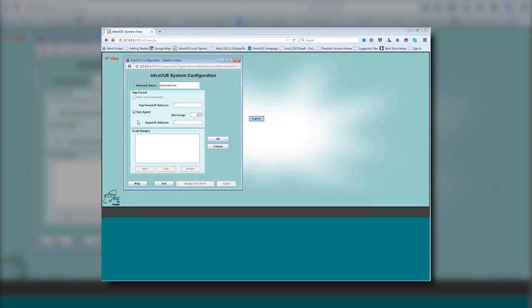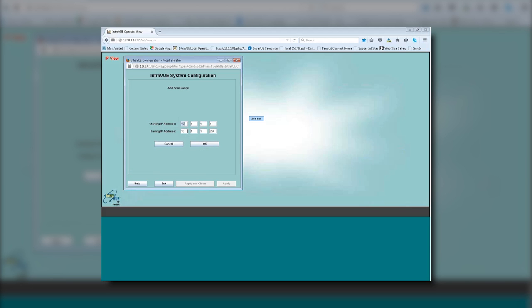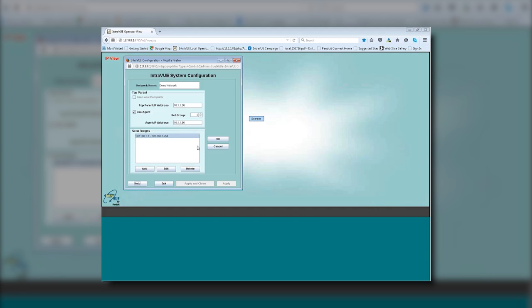So what you would then do is use an agent which has two Ethernet addresses. One would be the IP address that's facing the IntraVUE system. So let's say it's the 10.1.1 network, and let's say this is 56. And then when we go into the scan range for that, we would put in the 192.168.1 range for that, so that the interface to the agent is on the 56 side, and we're scanning the